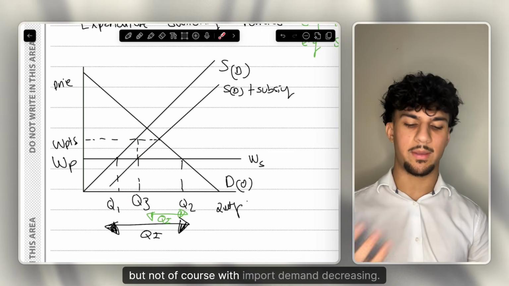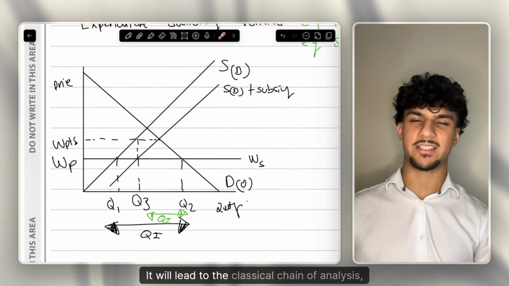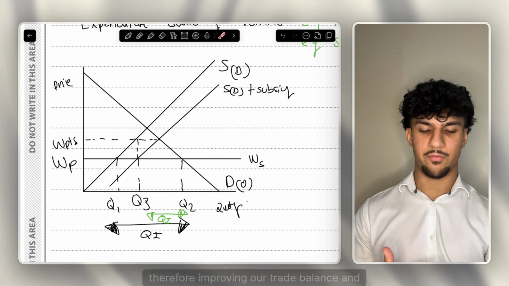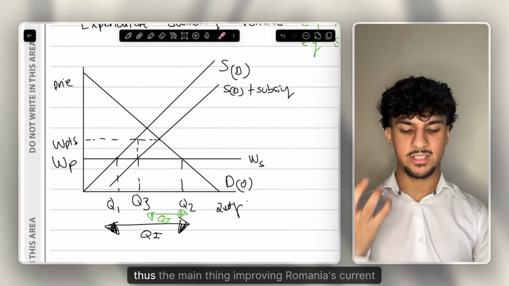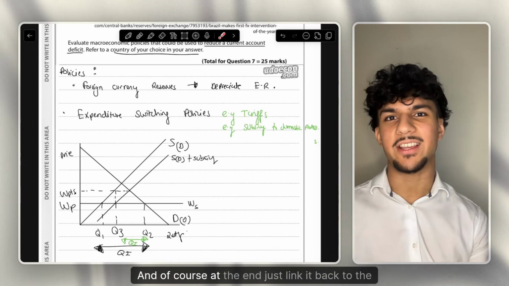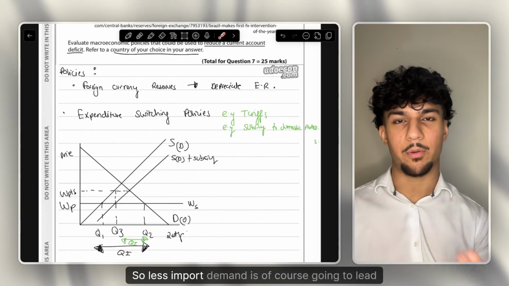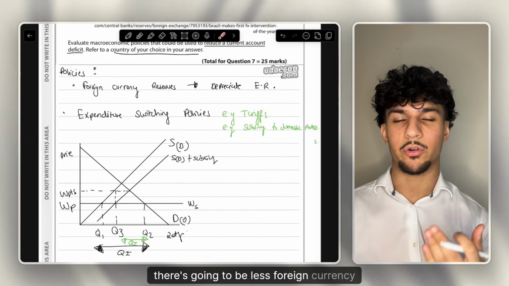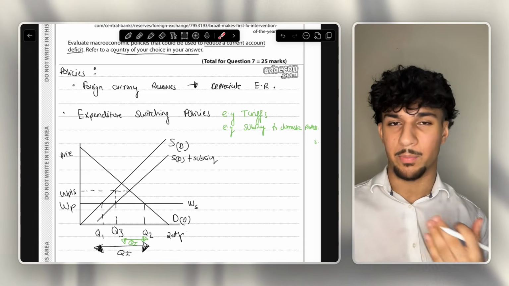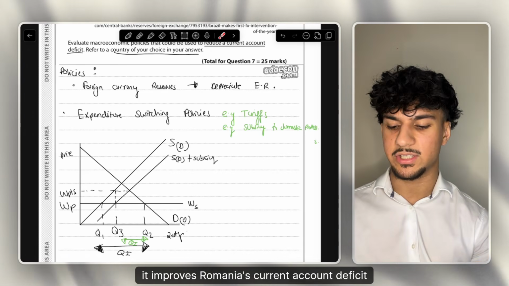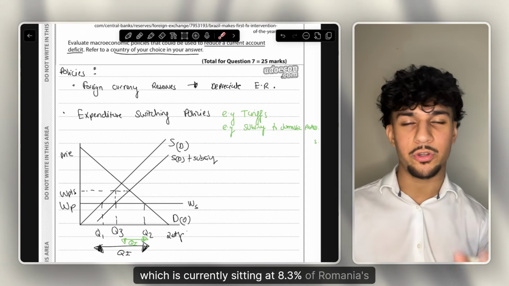But now, of course, with import demand decreasing, it will lead to the classical chain of analysis: less import expenditure, less demand for foreign currencies, therefore improving our trade balance, and thus, the main thing, improving Romania's current account deficit. And of course, at the end, just link it back to the question. So less import demand is going to lead to less import expenditure. There's going to be less foreign currency transactions, better trade balance. And the main thing we're linking it to, it improves Romania's current account deficit, which is currently sitting at 8.3%